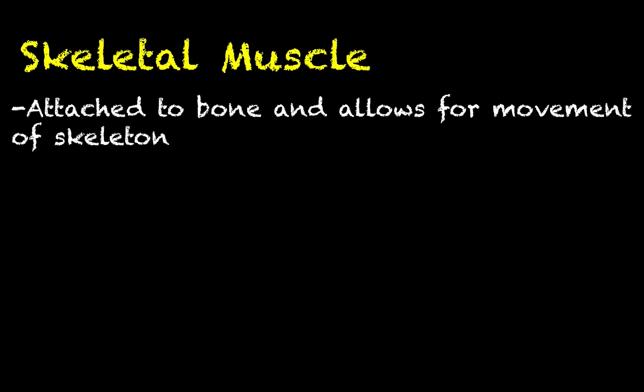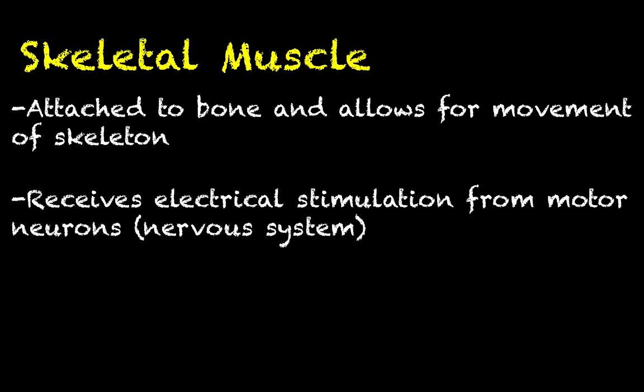If we start with skeletal muscle, you, I'm sure, already are aware, skeletal muscle is attached to bone and allows for the movement of the skeleton. This is the reason why we can walk around and do all of the other important things that we do on a daily basis. Skeletal muscle cells, or fibers, receive electrical stimulation from motor neurons, which originate in the central